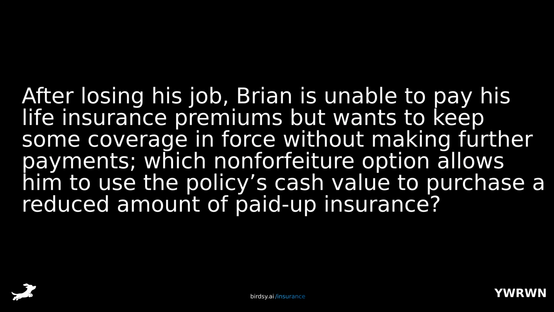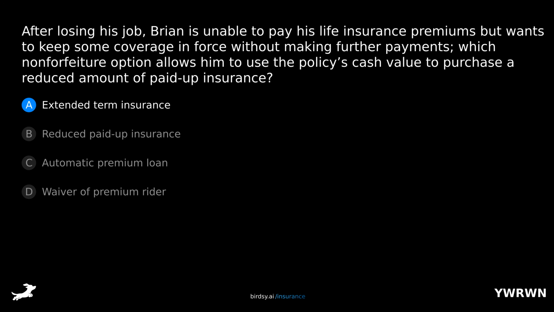After losing his job, Brian is unable to pay his life insurance premiums but wants to keep some coverage in force without making further payments. Which non-forfeiture option allows him to use the policy's cash value to purchase a reduced amount of paid-up insurance? Is it A, extended term insurance, B, reduced paid-up insurance, C, automatic premium loan, or D, waiver of premium rider? The correct answer is B,